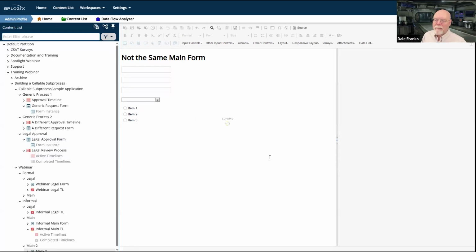And we're going to save it. And we're going to create a process timeline for it.